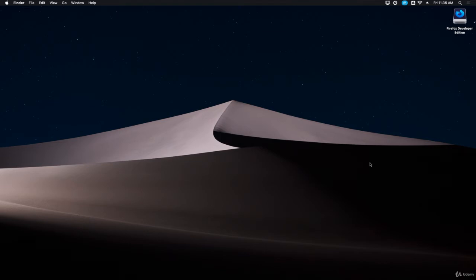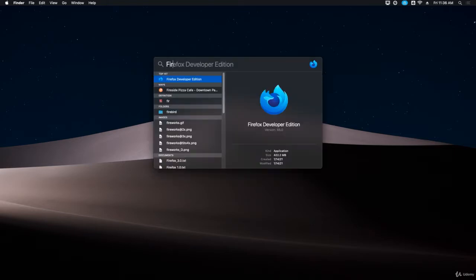All right, welcome back. So in this video, first thing I want you to do if you're on a Mac is grab this little icon here and drag this down to the trash bin so we can eject it. And then the next thing I want you to do is hold the command and hit spacebar and type in Firefox,